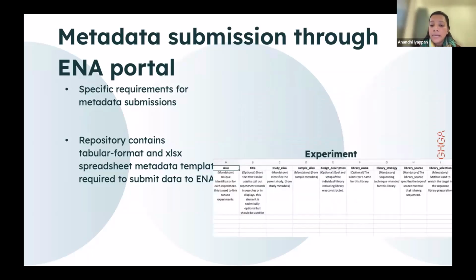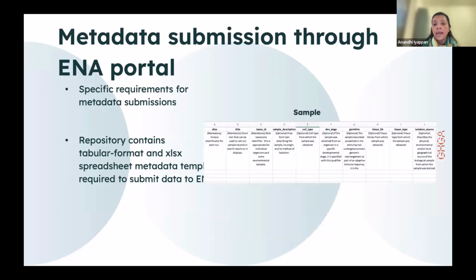And also they have very nicely curated spreadsheets, which are very useful for submitters to submit data to them. It has very clear explanation of what information is needed and what is the description of that particular field, which helps and enables the users to submit data to them in a very efficient manner. So they also mention what is important, what is mandatory, and what is optional information that you need to provide, which also helps the users to fill in the information. So this is one example of how experiment information is captured and how sample information is captured as well.